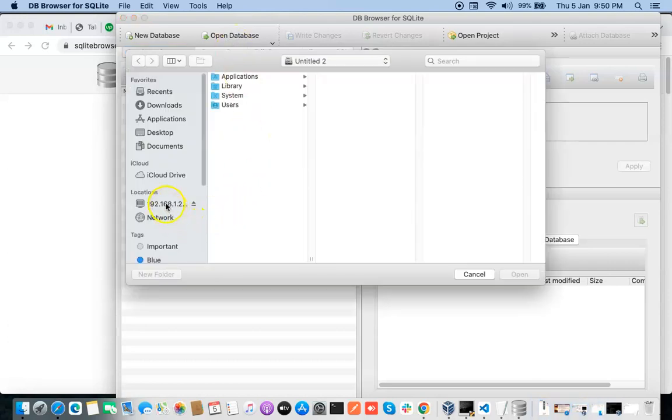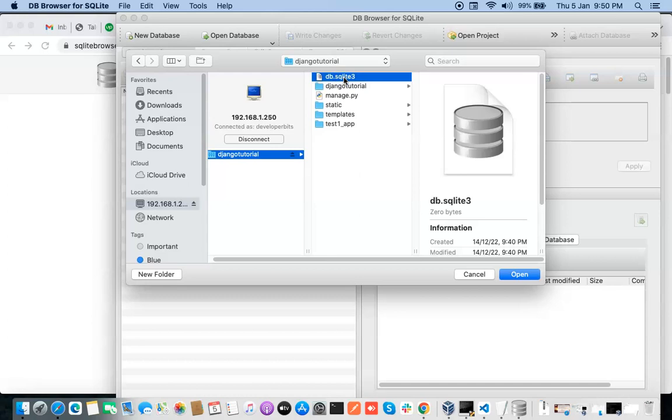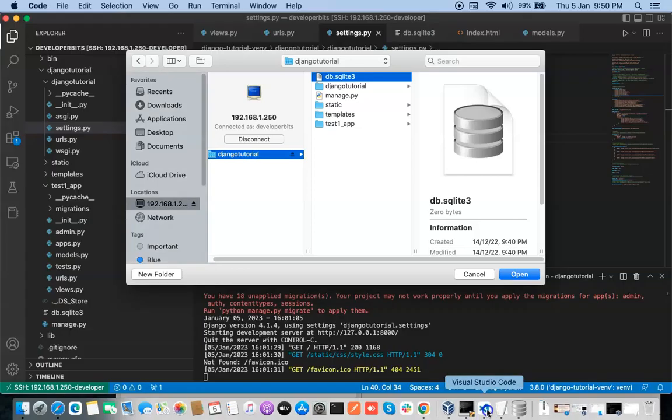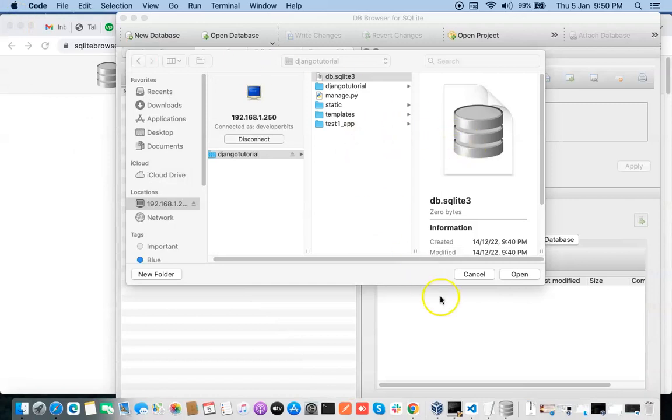Just click on this open database, and you can check here, this is my project. So I am opening here. This is the file. I already showed you in the Visual Studio. So this is the file. So just open it,